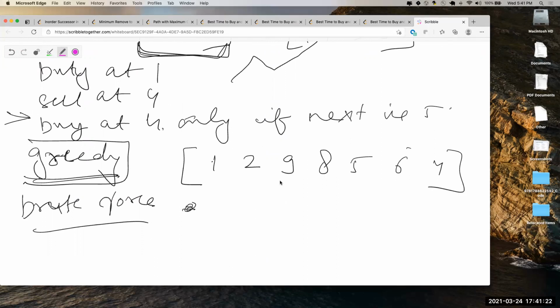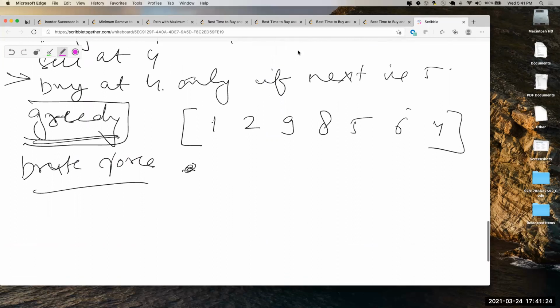We don't know, right? So let's say, okay, now what? So let's say we go left to right, we keep seeing an increase, right? So this is going to be the answer. This is 8. Yeah, but if you look at 1 to 2, that's a 1. 2 to 7, that's a 9. 2 to 9, that's a 7. That's still 8. So till you keep seeing a dip, you keep increasing, and so one of the transactions will be 1 and 9. Yeah. Now you have a different one, which is 8.